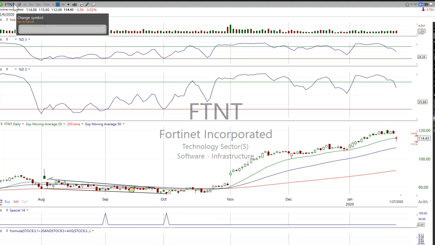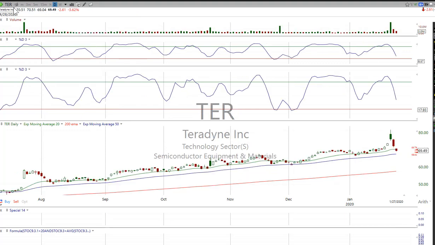Let's take a look at TER, Teradyne. That one gapped up, and that's what Carter Worth was saying could happen with some of the big tech stocks. We could actually have a good report and then sell off, really leaving a very bearish candle up there. So, all right, that's TER. That's all I wanted to show you from the IBD.